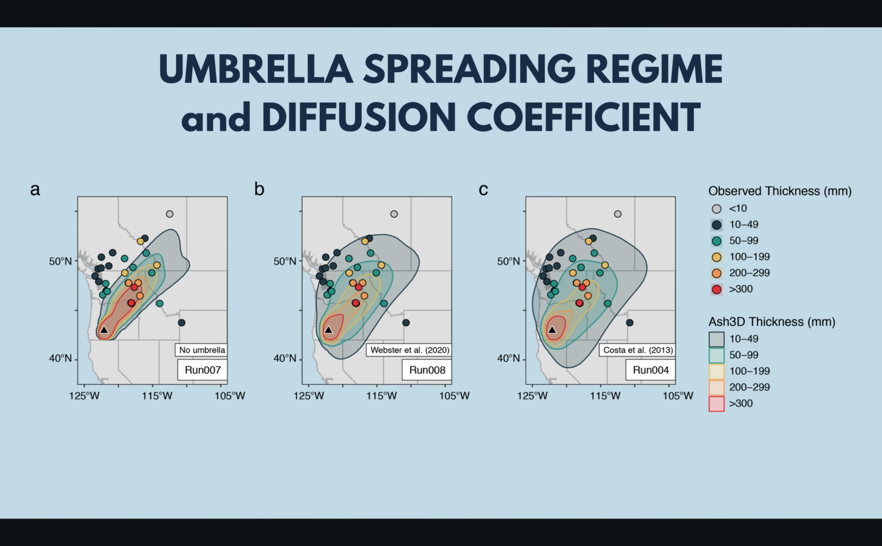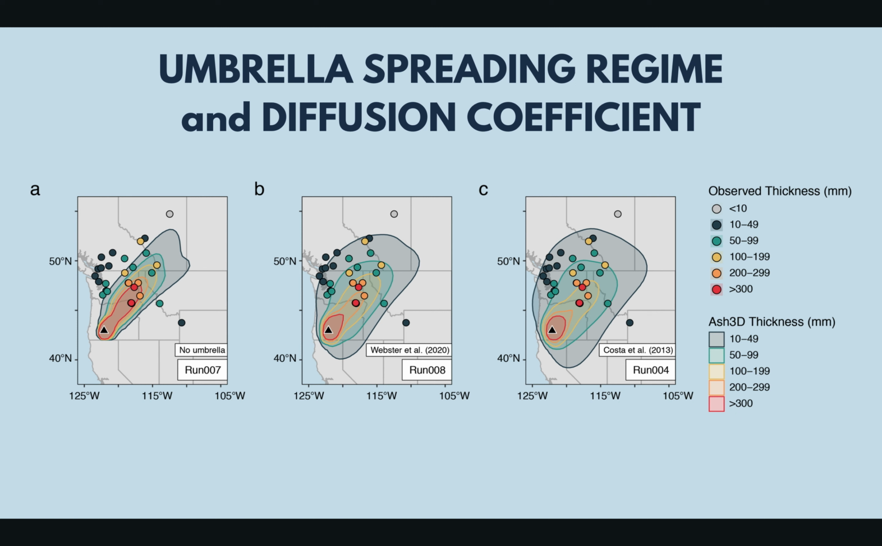So I'll start by discussing the importance of the diffusion coefficient and the umbrella cloud spreading regime. These plots are showing isopach maps of the simulated deposit. Those colored polygons are the ASH3D model thickness, and the color points correspond to sites where we have field data, so measurements of the primary tephra thickness. For these plots specifically, I'm showing how in panel A, when we don't have any radial umbrella cloud spreading,